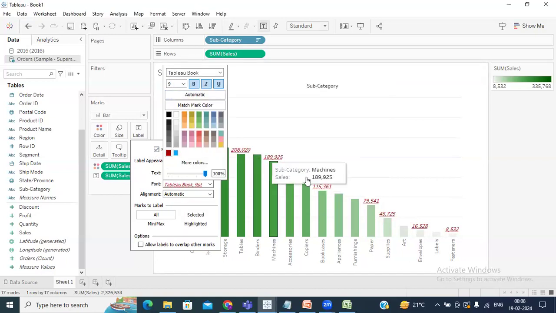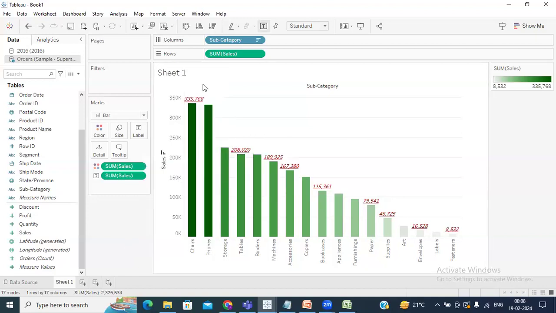See, the color of the displayed label has changed. Likewise, we need to select the required format. So based on the colors in the visualizer, we need to display the label. Okay, and Detail. What these details will show is, if we drag and drop, for example, see here,